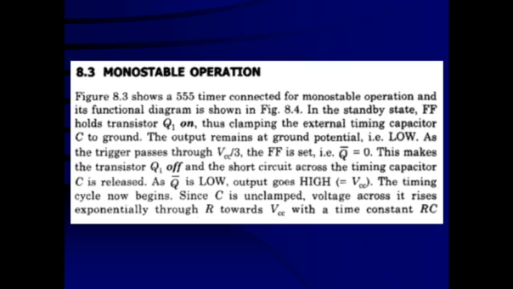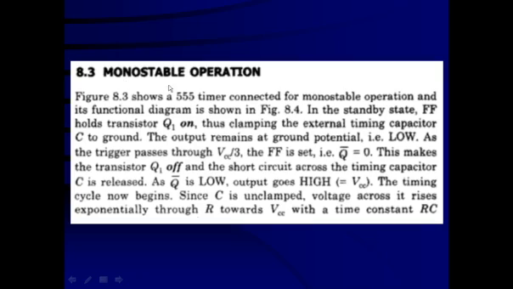That means it will go back and forth between low and high state, and that way it will generate clock pulses. That means a series of pulses is going to be generated. In an astable circuit, you don't require an input trigger pulse. In monostable and bistable, you require an input trigger pulse. Remember this. First we are going to study the monostable operation, and in the next lecture we are going to study astable operation.